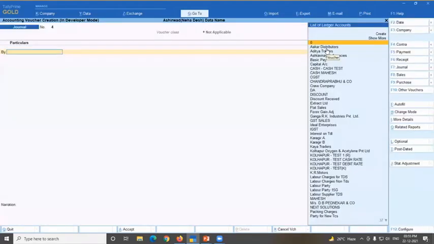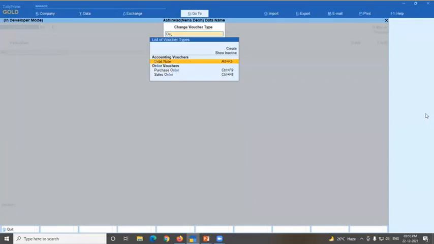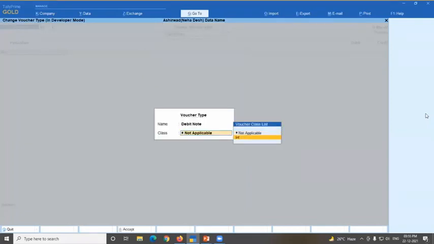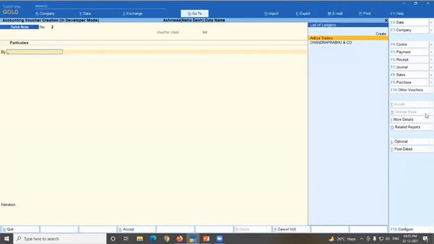Voucher type, 31st March is the date. Then I'm putting debit note, credit note. Press F10, debit note with interest class. So the party is there.